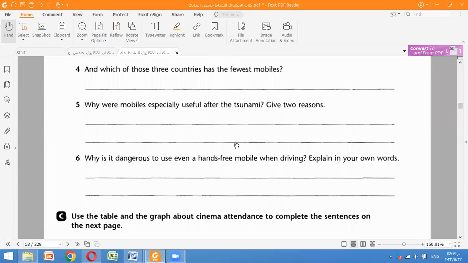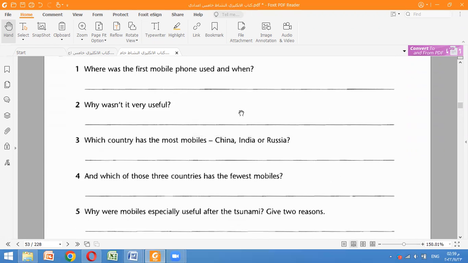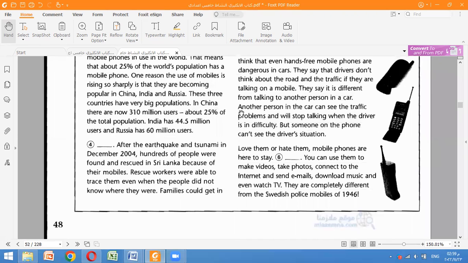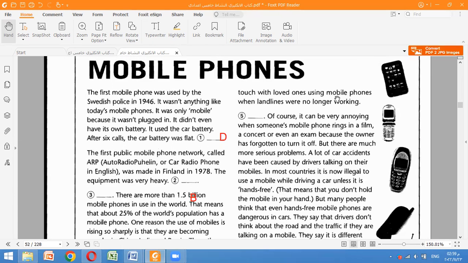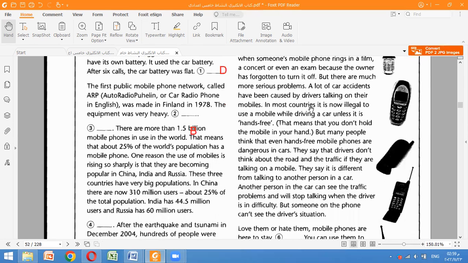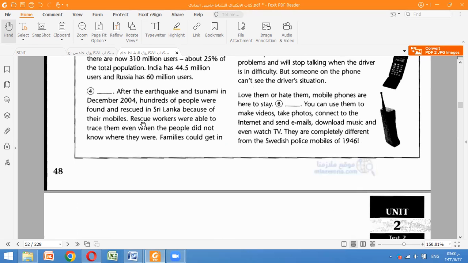Now question number 5: why were mobiles especially useful after the tsunami? Give 2 reasons. So as you know, we use mobiles for 2 reasons after the tsunami. One, for connecting with people: families could get in touch with loved ones using mobile phones, خصوصا when landlines were no longer working, يعني يتواصلوا مع أحبائهم. This is one reason. The second reason also, it was used after the tsunami by rescue workers اللي هم العمال الإنقاذ